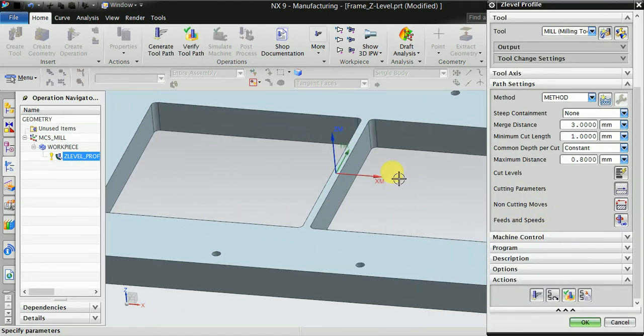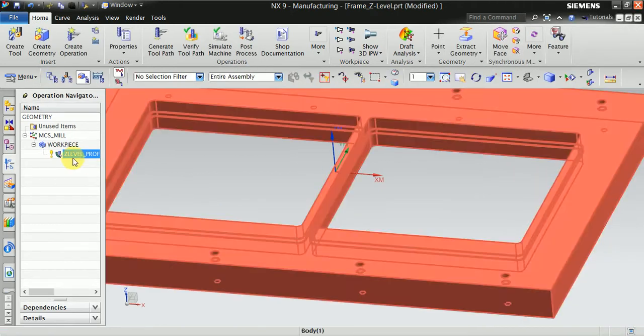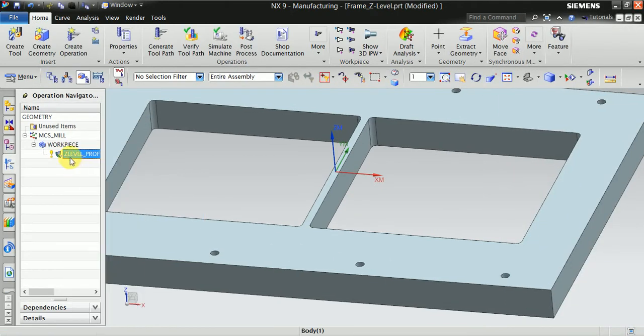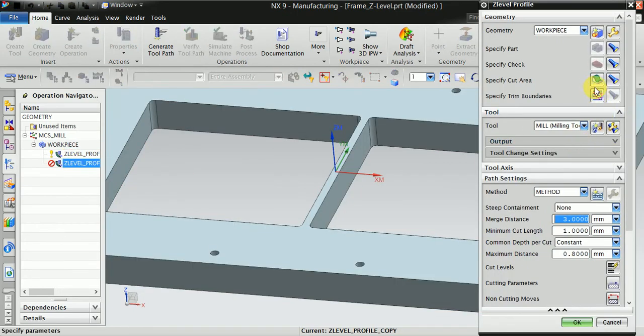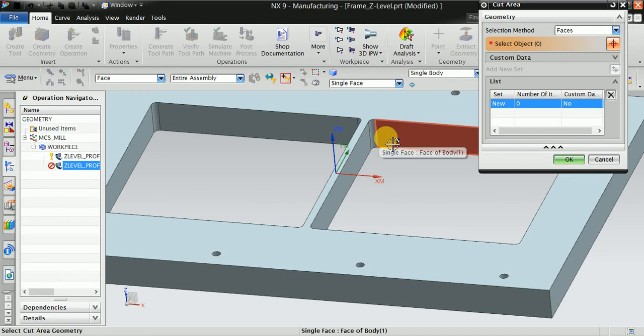Okay, now same for the second. Copy and paste here. Now delete this face and select this one.